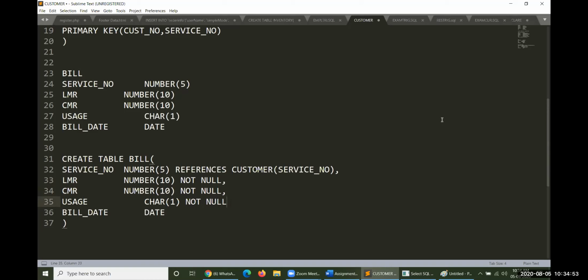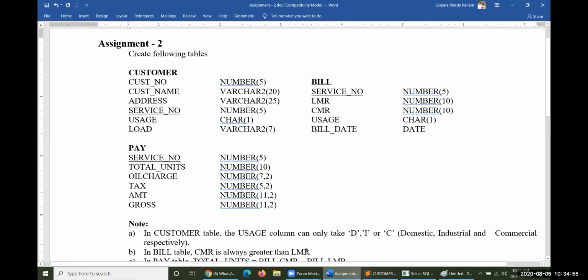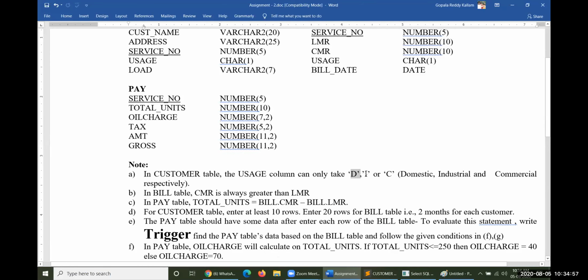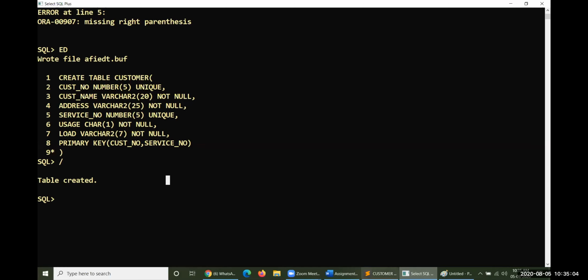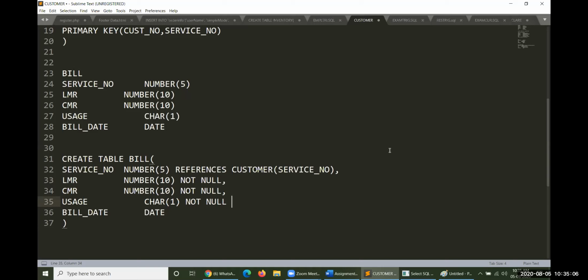So here we have some conditions. Usage must be either domestic, industrial, or commercial. We need to access those values only. So for doing such an operation, we have to check whether usage in capital domestic D, followed by industrial, followed by commercial.